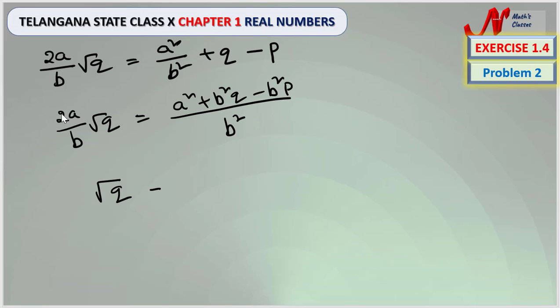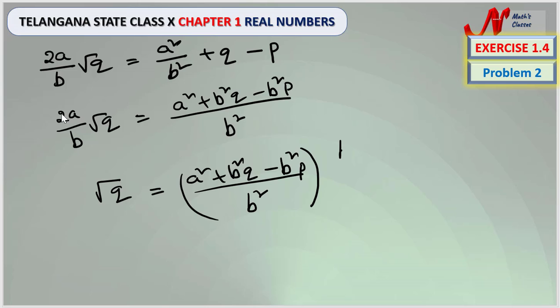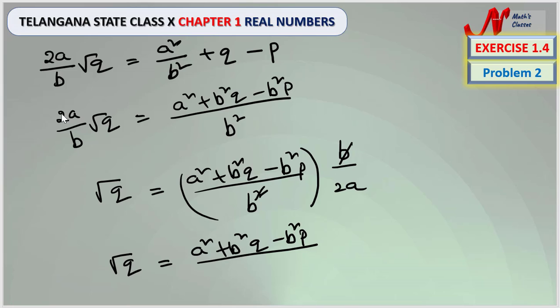So we can write root q is equal to (a square + b square q - b square p)/b square. After transposition, 2a/b becomes b/2a. Now we can cancel b and b. So we can write root q is equal to